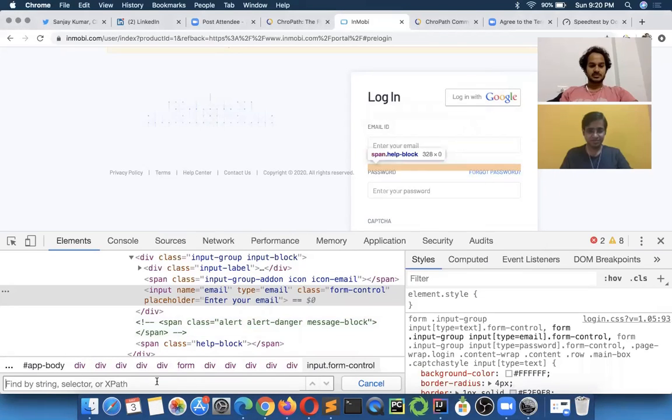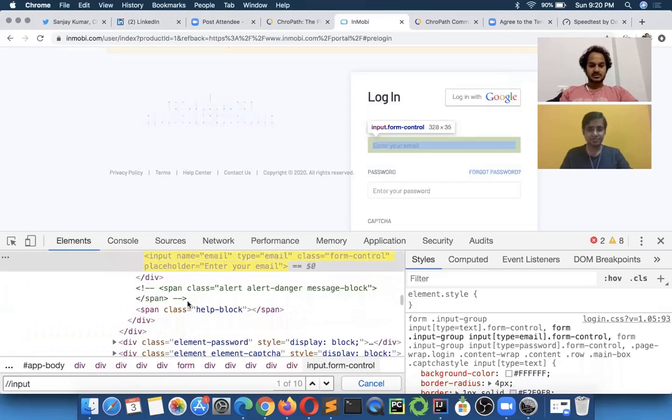And let's say here you will see input. If I'm not doing the same thing as you guys are doing, you can stop me. So you will type //input, and you see as soon as we are typing here, this DOM is scrolling up and down. And then let's say we can use name, @name is equal to email.